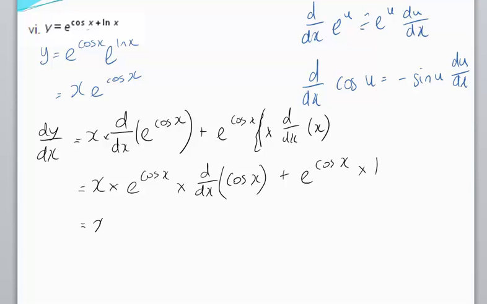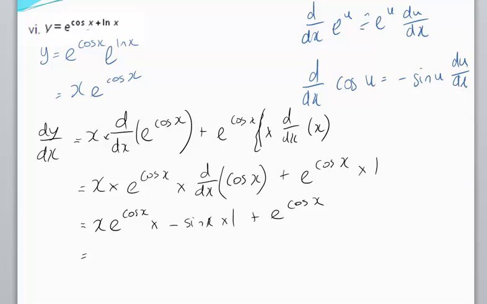So here this becomes x e to the cosine of x multiplied by here our cosine of x becomes minus sine of x du on dx, so our x, we differentiate our x multiplied by 1 here, plus e to the cosine of x. So we have here,